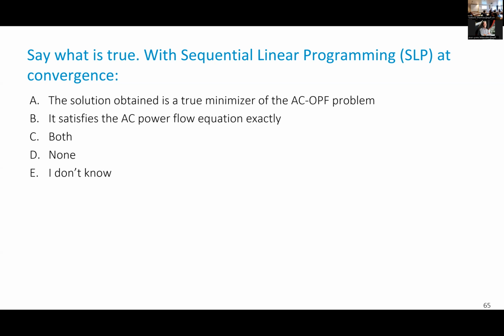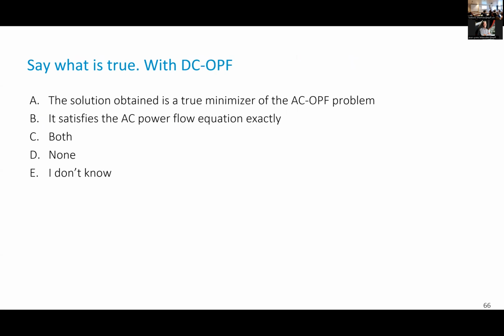And the majority says B, which is the correct answer, of course. If we converge, we satisfy the AC power flow equation exactly. If we don't converge, then we need to correct, and we correct either doing a load flow or a direct computation of the power flows, depending on what constraints are important for us. And it's not a true minimizer of the ACOPF problem, but it's a true minimizer of an approximate ACOPF problem. And with DCOPF,